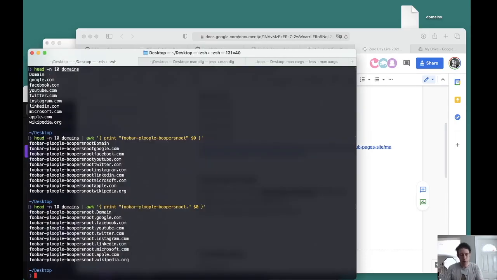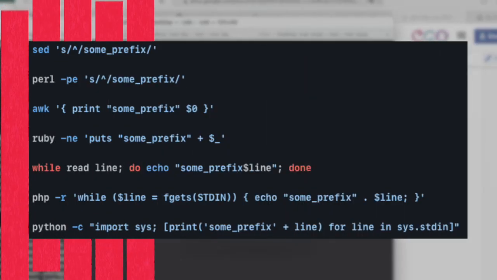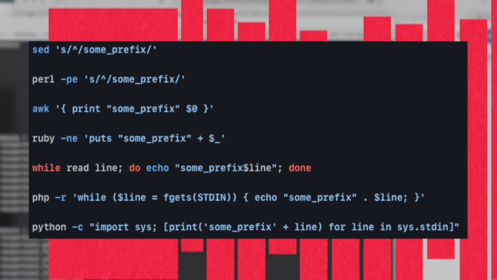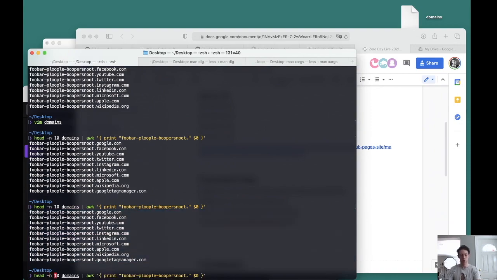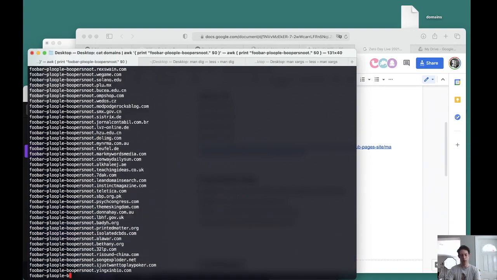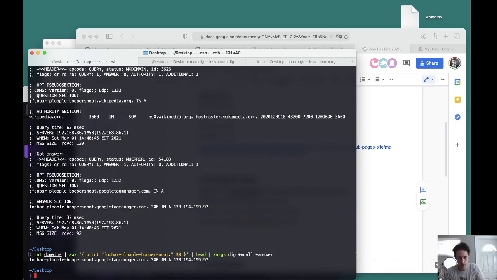Good. So here's the command. We're going to take this part. There's another building block. Other acceptable answers would have been Perl, paste, PHP, Python. There's a million. Awk is great. Okay, so now we've got a list of domain names that we actually want. Now we can actually run the whole list. So cat domains, and we'll head that for a second, just get 10 of them. Now let's develop our xargs. Xargs dig. All right, this one gave us something.